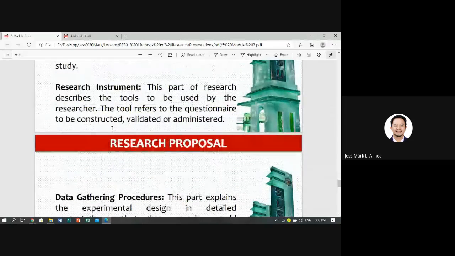Sa research instrument din dinidetale kung anong ginagamit mong Likert scale. It will be detailed sa susunod pang mga module pagdating natin sa chapter 3, which is module number 8. Ang Likert scale could be 1 to 5, pero since we are avoiding bias, ayaw nating merong sumagot ng 3 kasi yung 3 nasa middle. Safe yun eh. Hindi mo malaman kung pasado ba yung ginawa kong program o hindi. Kasi ang mga nag-evaluate tend to answer number 3, which is in the middle of 1 to 5.